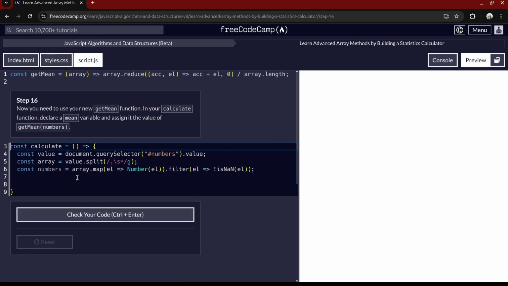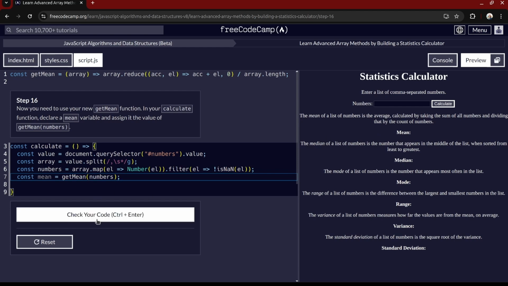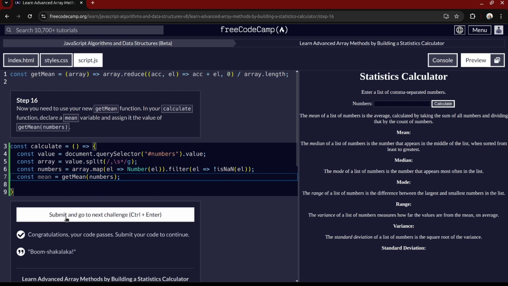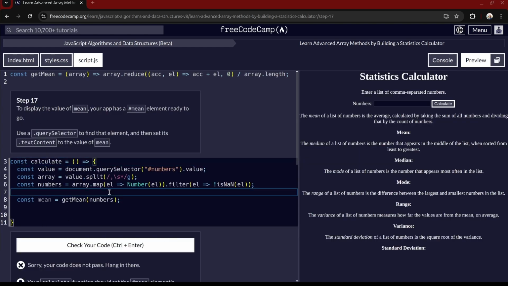Let's go to step 16. Now we need to use your new getMean function in your calculate function. And so let's declare a new variable. So now when we enter calculate, then we'll get the mean. Let's go ahead. So to display the value of the mean, we are going to use